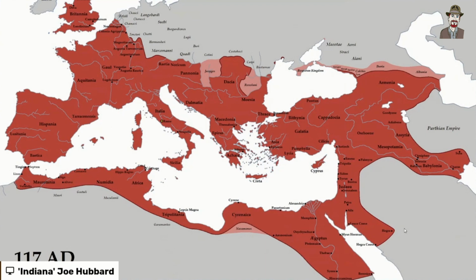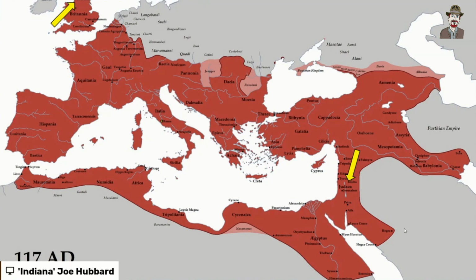So the fact that you can see over here, you've got Britannia. Up there near Carlisle is where we know St. Patrick was when he got captured by pirates and taken to Ireland. And right over here on the other side of the map, you've got Judea. So it is both within the Roman Empire. So there is a possibility, if you like to put it that way, or there is an option, for St. Patrick to have travelled from Judea over to Britannia, or at least from the line of the Jews.